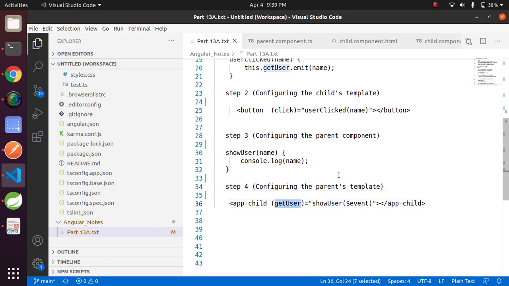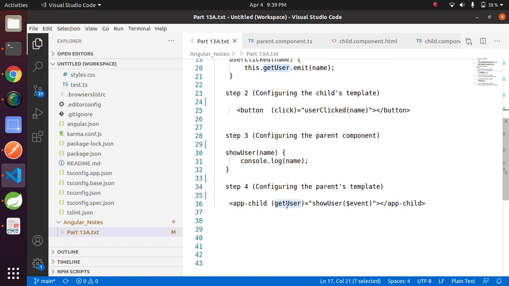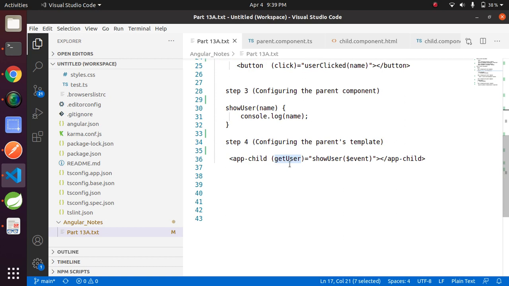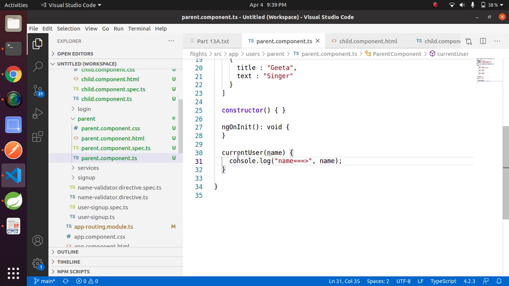This is getUser, which we have used in the child component. It is not a method, basically; it is a kind of event variable that we have used in the child component, and we need to use the same event variable name in the parent template, and map it to the method that we created in the parent component, which is currentUser.